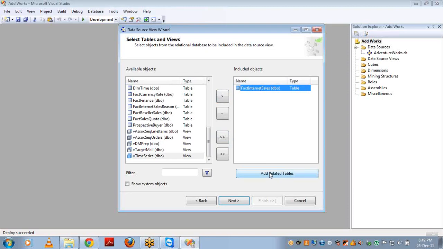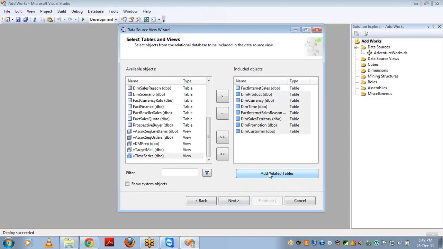For example, if I have 10 tables which are directly related using foreign key relationship to this particular table, then it will pull all the tables. So it has 7 tables that are directly related to this particular fact table. I hope everyone is aware of these foreign key relationships, and this is the use of this add related tables